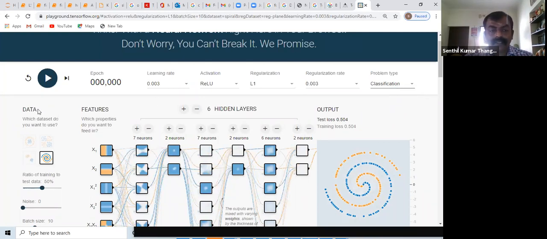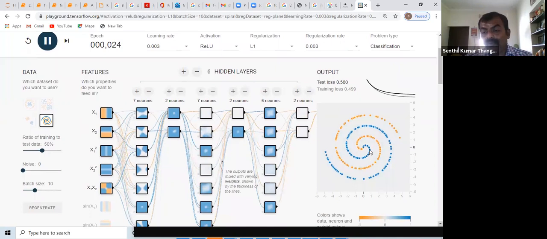If you formulate it as a classification problem, then you can run the data. What it will start showing you on the right side is what happens to the original data. With the epochs increasing, it will try to classify the data, and every time it will try to evaluate these two parameters: one is test loss and the next is training loss. It is expected that the test loss and training loss will become minimal.